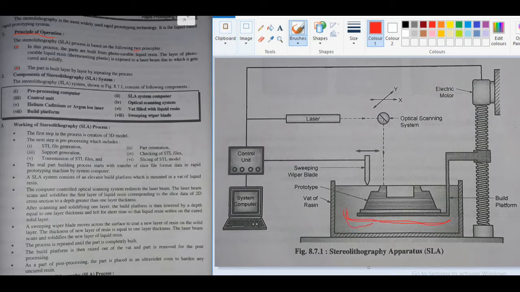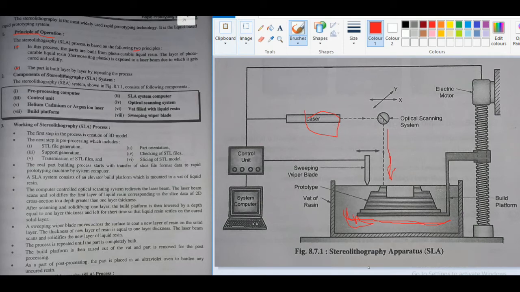The layer of photocurable liquid resin, that is thermosetting plastic, is exposed to laser beam, due to which it gets cured and solidified. Due to this laser beam coming from this source, the parts get cured and solidified.